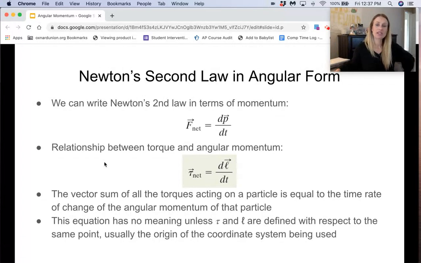And this equation has no meaning unless the torque and the angular momentum are defined with respect to the same point, which is usually the origin of the coordinate system being used, or just that reference point that these things are maybe being measured against or rotating around, or whatever we're talking about here. So it might be an axis of rotation, it might